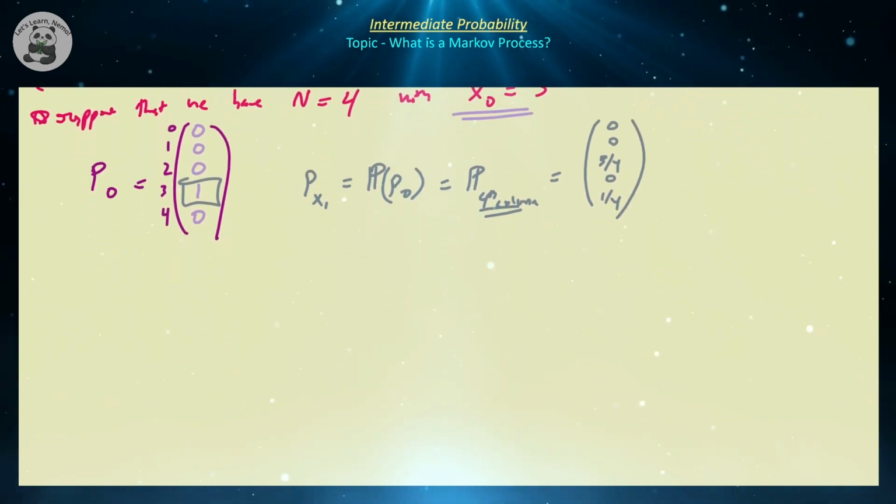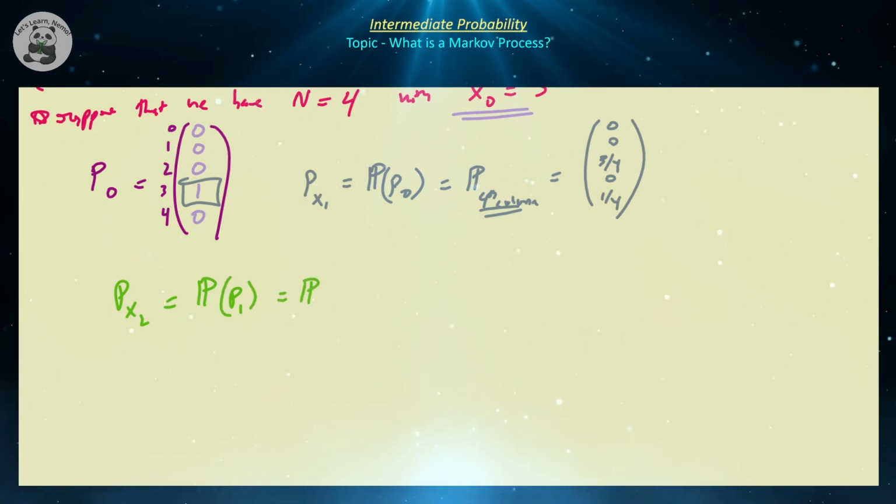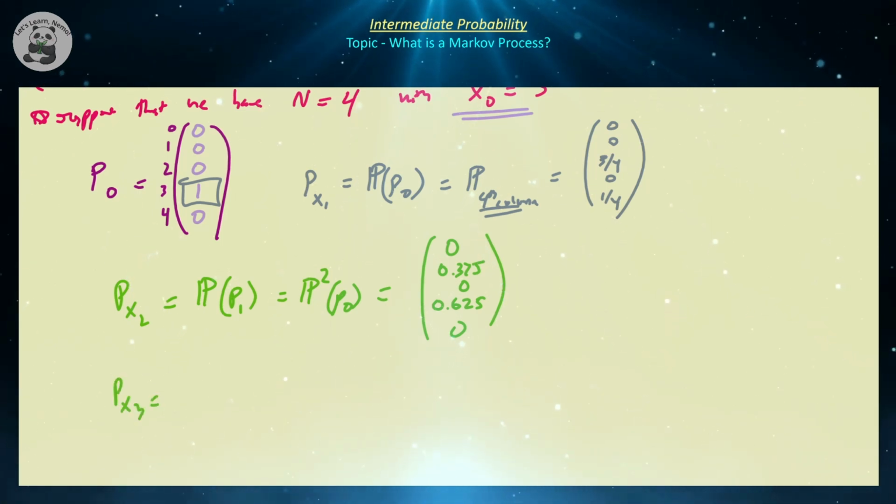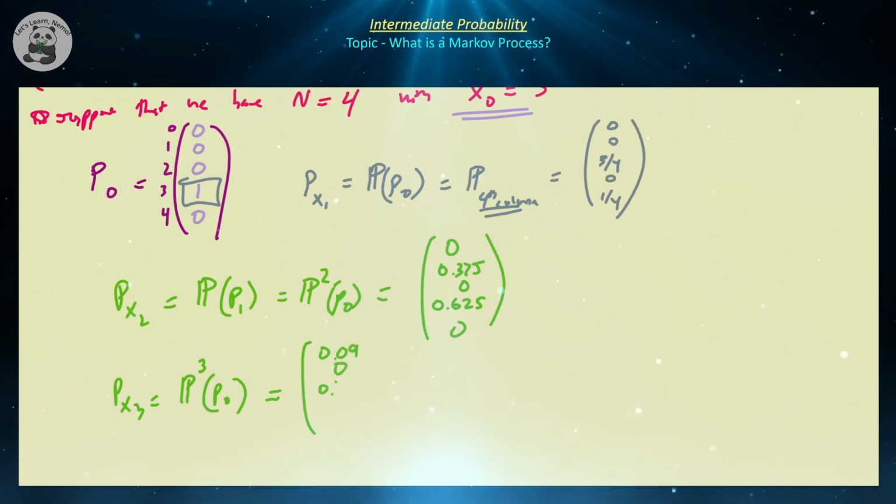That's the typical trivial one. And then comes the fun ones. So what's the probability distribution for x2? So this is going to be equal to either stochastic matrix times p1 or stochastic matrix squared times p0, which we're usually given up front, right? And you should be able to find that this is going to be equal to 0, 0.375, 0, 0.625, and then finally 0. And then similarly, how would you find x3? Well, that's just going to be equal to P cubed times p0. You can actually find this is going to be approximately equal to 0.09, 0, 0.75, 0, 0.16, and you can continue this process as long as you want.